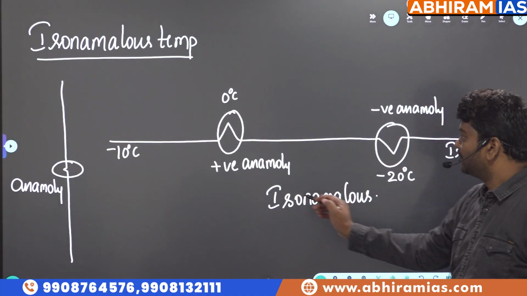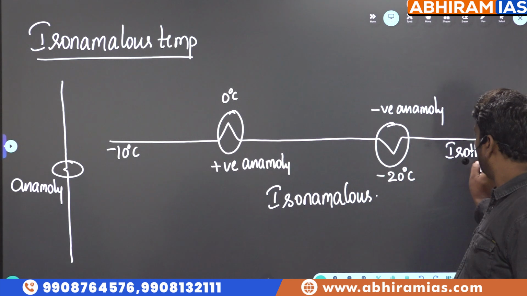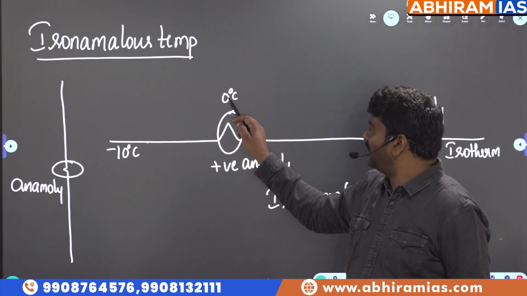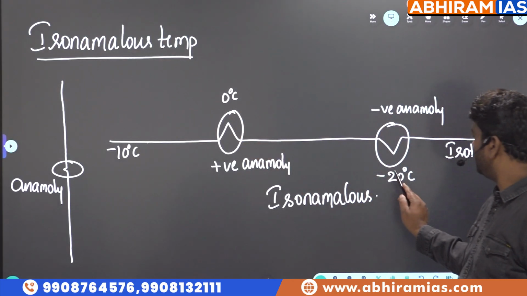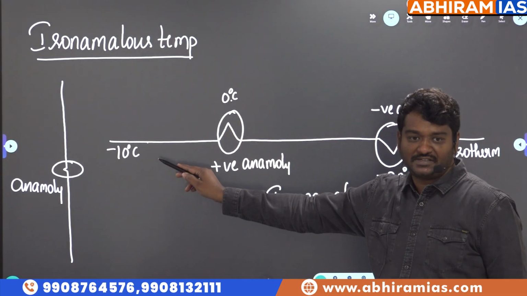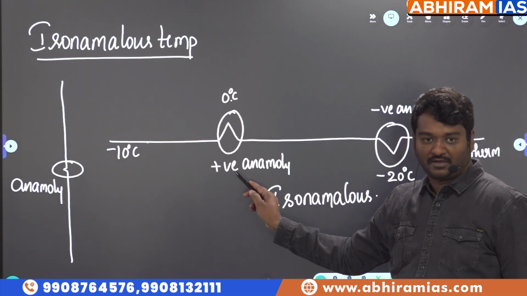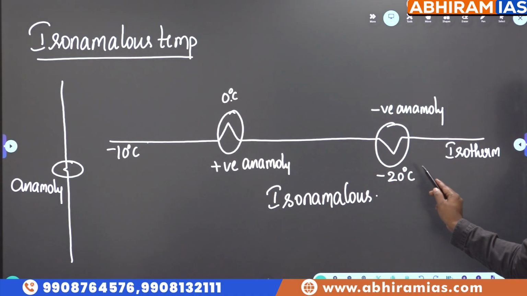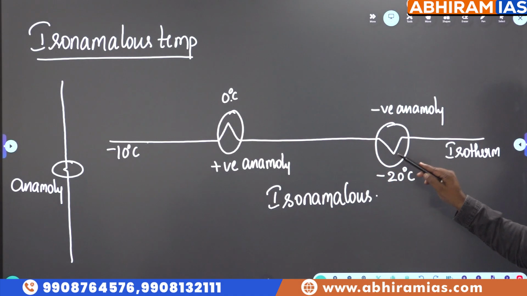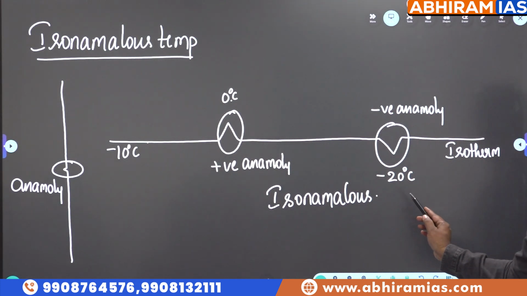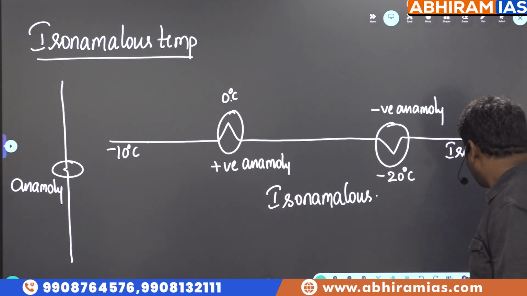ma'am. Now, whenever you have an isotherm, let us say it is minus 10 degree. In minus 10 degree, one place you find 0 degree, another you find minus 20 degree. 0 degree is more than minus 10 degree. So it is called positive anomaly. Minus 20 is less than minus 10. So it is called negative anomaly. So if a place has more than isotherm temperature, it becomes positive anomaly. If it is less than isotherm temperature, it becomes negative anomaly. Okay. So, guys,